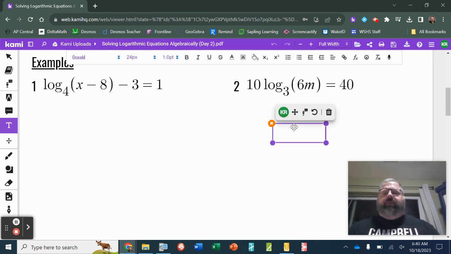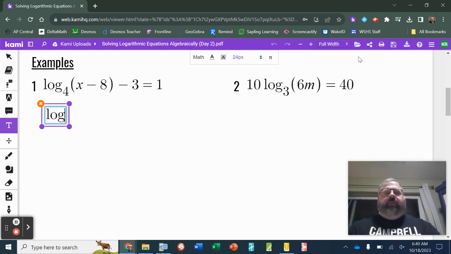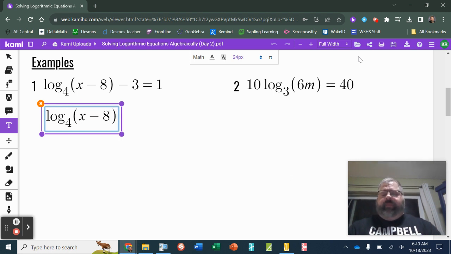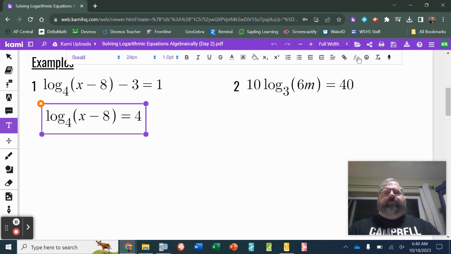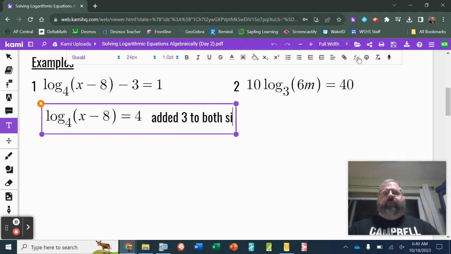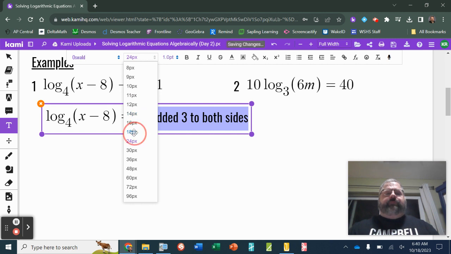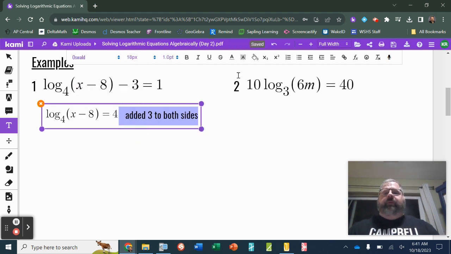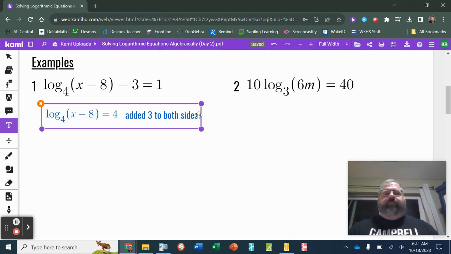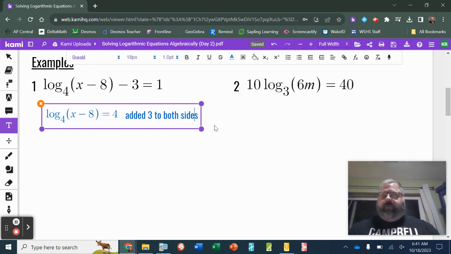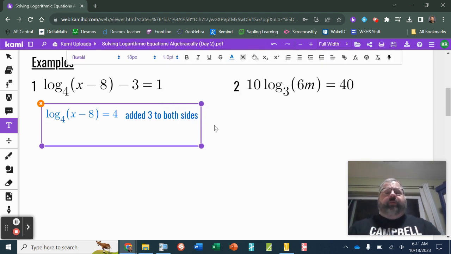So that's going to leave us with log base 4 of x minus 8. And then I would add 3 to both sides, so I'd have 4. And so we simply added 3 to both sides. Now it is isolated on one side of the equation, so the next step is to rewrite it as an